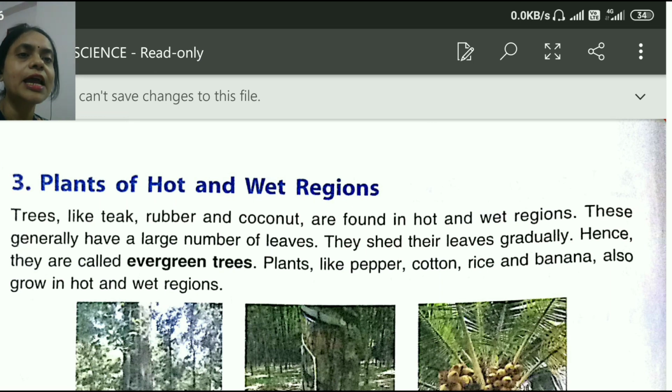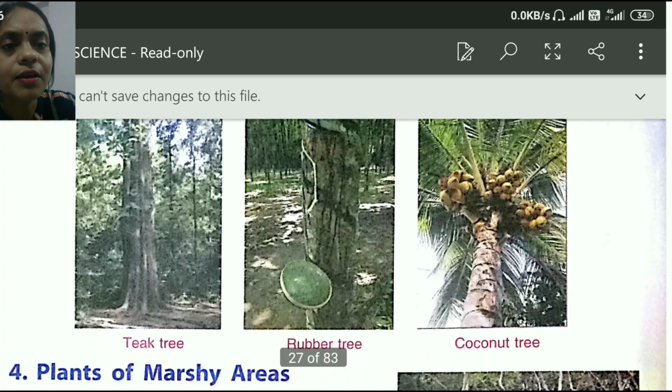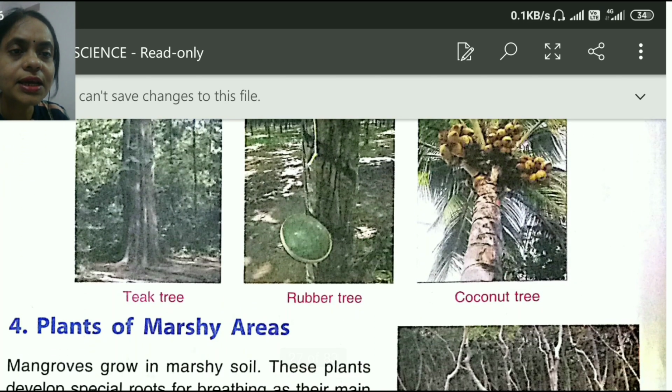Plants like pepper, cotton, rice and banana also grow in hot and wet regions. Now let's have a look at the given picture. This is a teak tree, this is a rubber tree and this is a coconut tree.